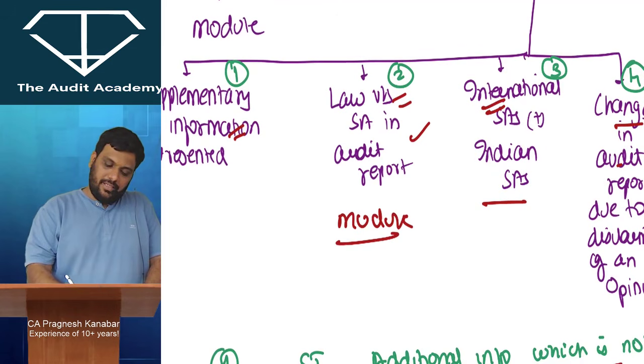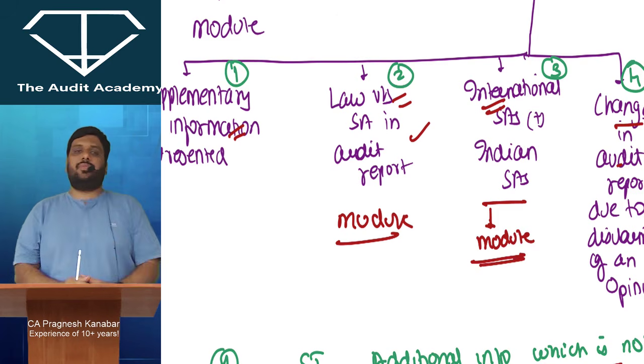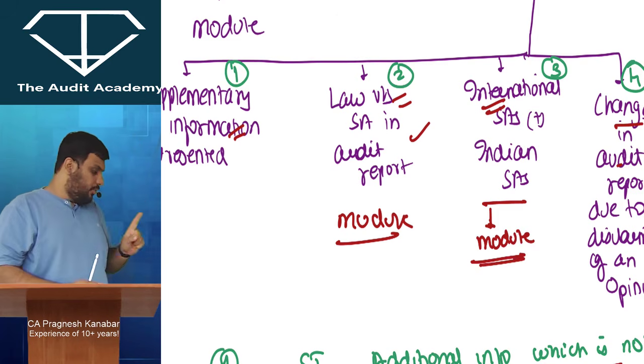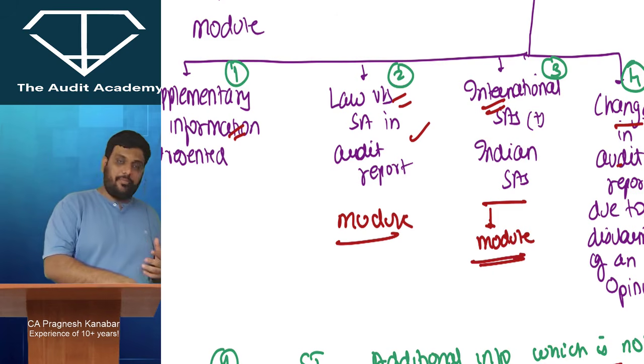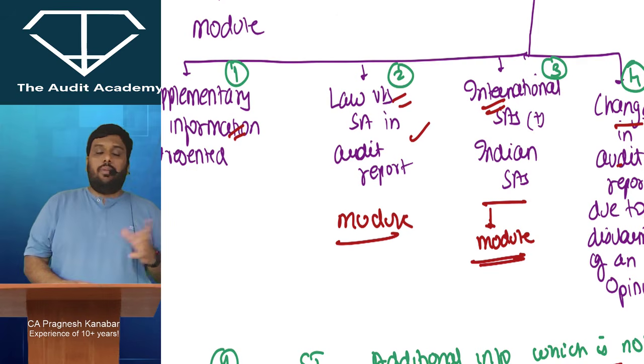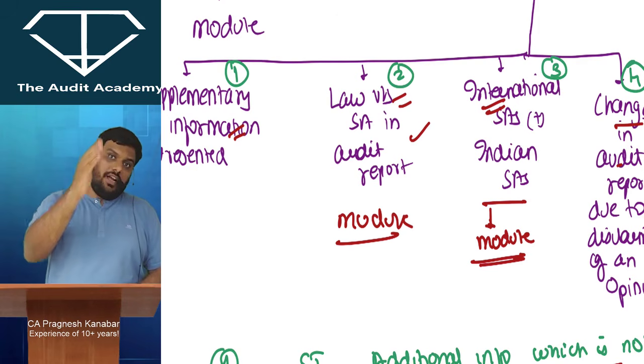International standards plus Indian standards. Again, this also straight away from the module. Sir, can you give example? Listen to me. Let us, you know that Mumbai-Ahmedabad bullet train venture, right? It is a joint venture of Indian government and Japanese government. All right. So let us say for that Mumbai-Ahmedabad bullet train venture, you are auditing the financial statements of that